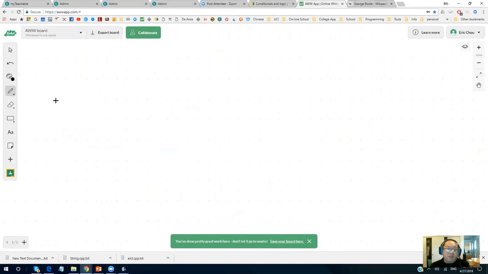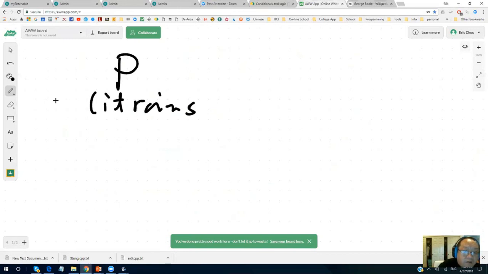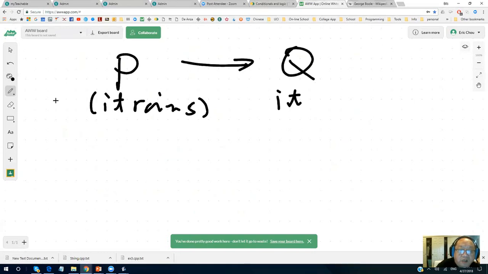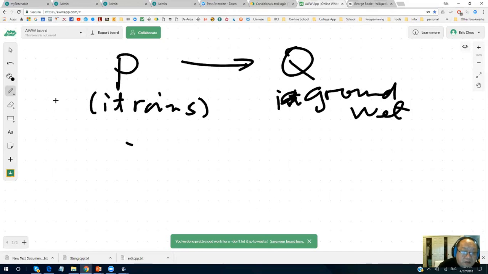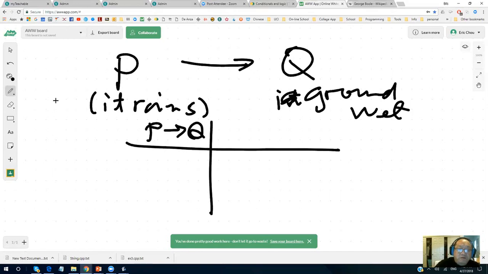So we say P means it rains, and Q is the result, the fact that the ground is wet.